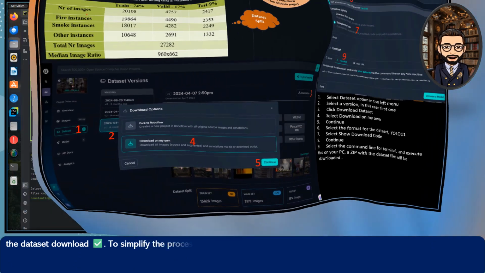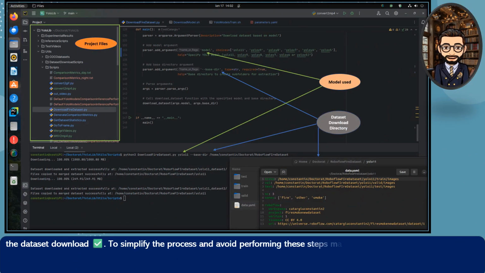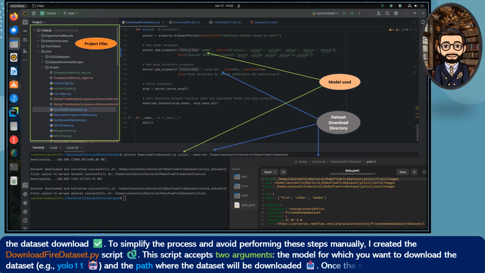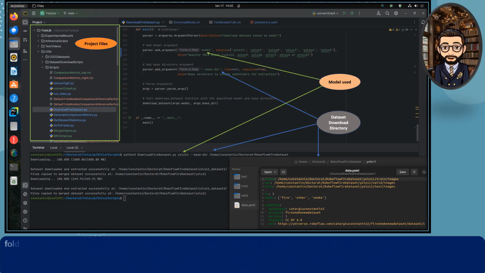To simplify the process and avoid performing these steps manually, I created the download_fire_dataset.py script. This script accepts 2 arguments: the model for which you want to download the dataset, YOLOv11, and the path where the dataset will be downloaded. Once the script is executed, a YOLOv11 folder will be created at the specified location, containing all the images and